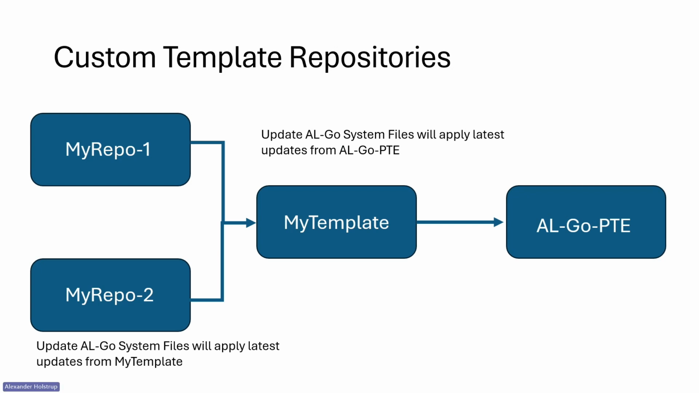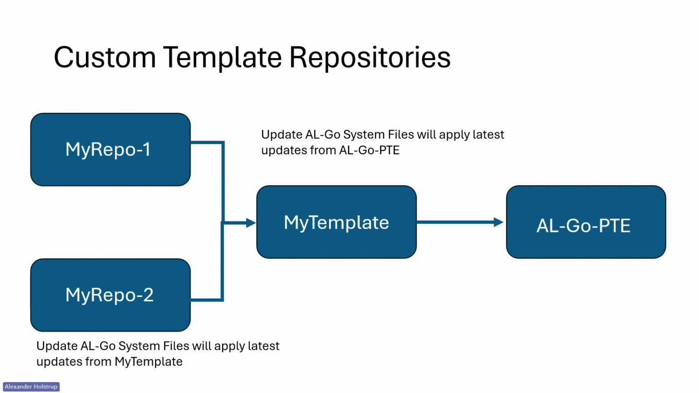So when you run update ALGO system files in your own template repository, you grab the latest changes from ALGO PTE, and then you can set your myrepo1 and myrepo2 to look at the my template repository instead of the ALGO PTE repository, so that you basically get the latest changes from ALGO PTE plus whatever customizations that you've made in